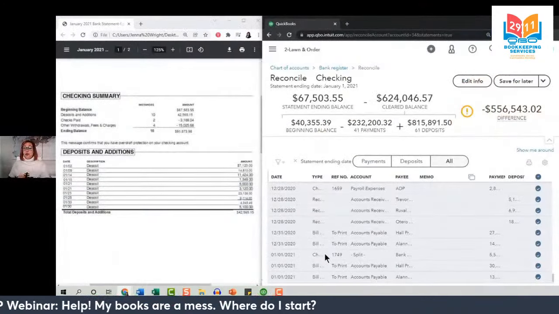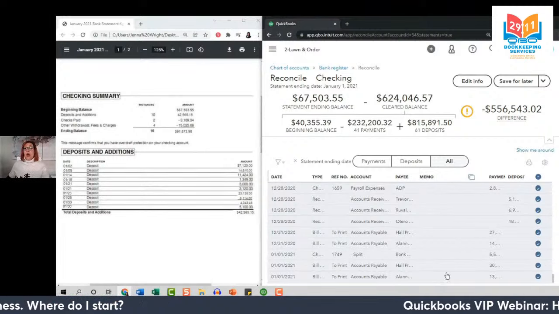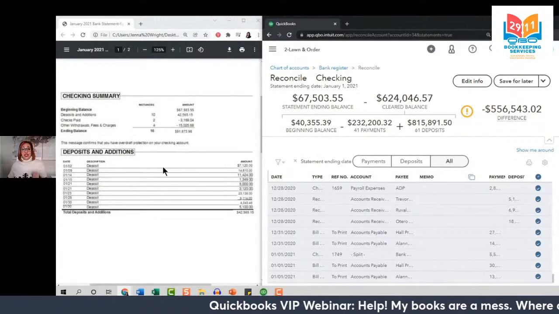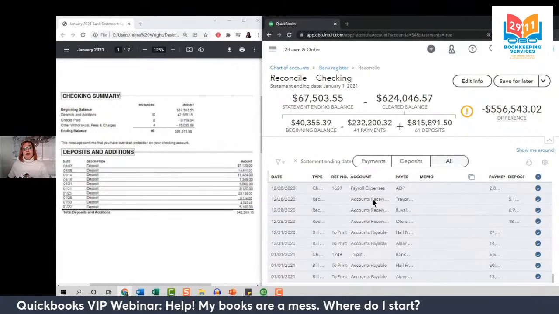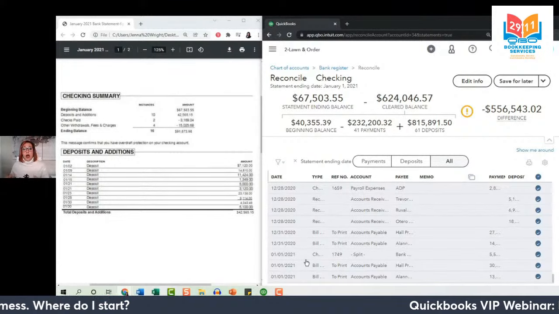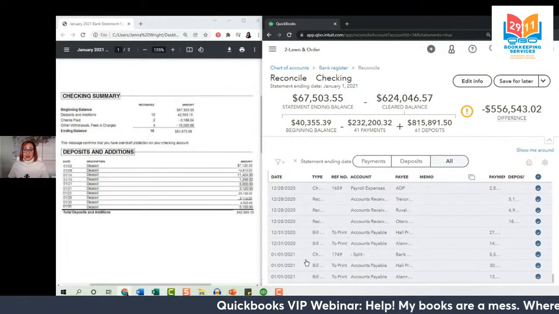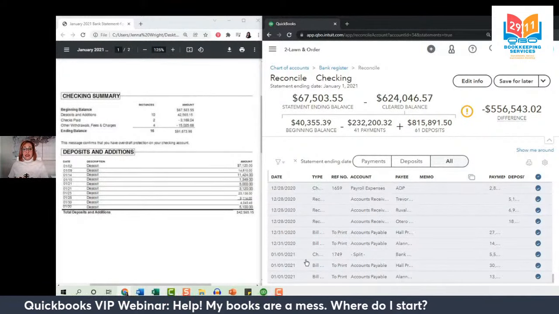Now, here's the key point. We want to make sure that we are reconciling only the transactions that do not appear on this January statement. Because why? Our goal is to clear out all of these old transactions. We're cleaning up a mess, and this is a great way to be able to do so. Odds are your accountant already took this into account for that prior fiscal year. So we just need things to be correct as of that first date we need.